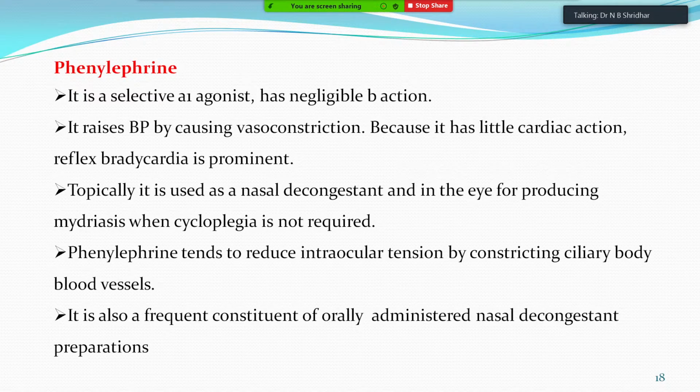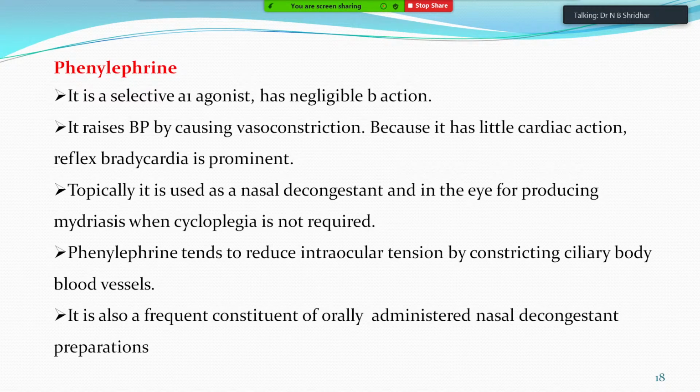And phenylephrine is a specific alpha 1 adrenergic agonist with a negligible beta action. Phenylephrine is a selective or specific alpha 1 agonist. It has very negligible action on beta receptors. So please remember this drug. It raises BP by causing vasoconstriction, because alpha 1 receptors are present on the capillaries, and because it has little cardiac action,